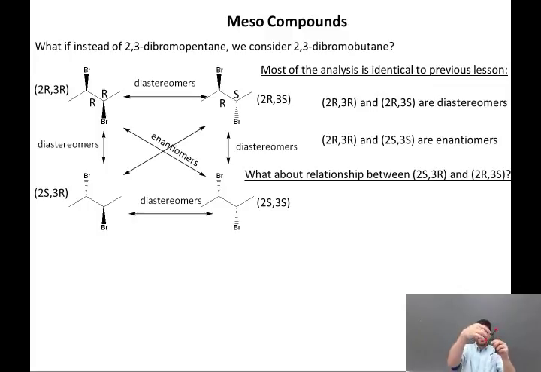I'm going to take this structure and rotate 180 degrees about the C2-C3 bond and put both of these into the eclipsed conformation. They're still mirror images of each other, but now if I turn one of them around, they are completely superimposable. Okay, all of the carbon atoms line up, all of the hydrogen atoms line up, and all of the bromine atoms represented by red balls line up. So instead of being enantiomers, instead of being isomers at all, they are identical.